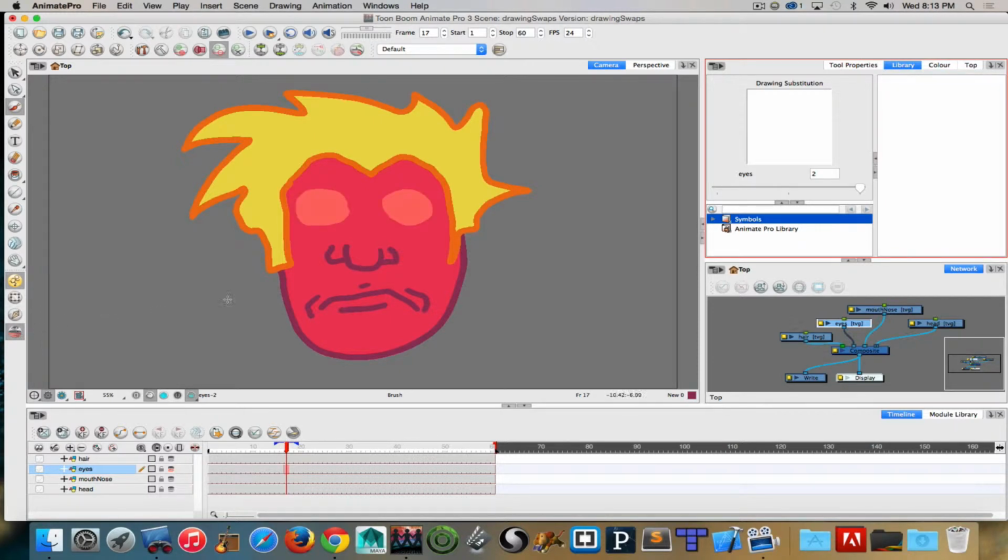If I turn on onion skinning, it gives me the general location or area where those eyes were, and then I can just imagine what it's going to look like when the eyes are closed. So that can give me that shape. So we have eyes open, eyes closed. If I wanted the eyes to have an additional expression to them, I could even add in one more drawing. And if I open up my keyframes or my onion skinning a little bit here, I can see what that one looks like, and then use that as a guide to start to figure out perhaps this is where the eyes are going to be